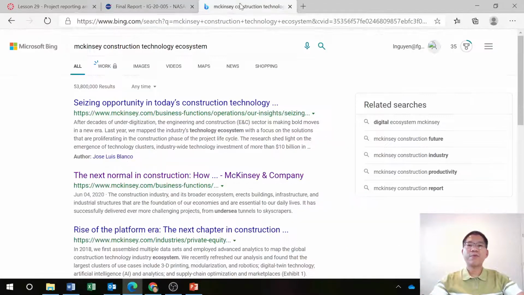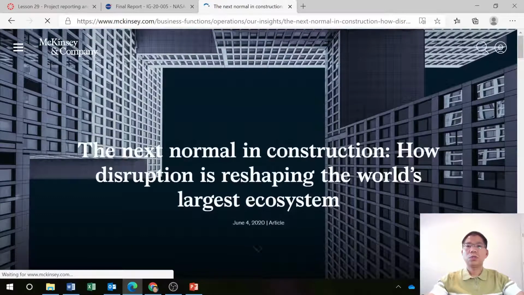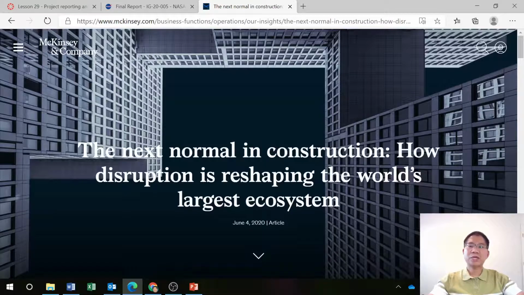And then moving forward, I also showed McKinsey, a good consulting company, and the construction technology ecosystem. I say construction technology, but it applies to any planning and engineering work involved in a capital constructed facility. If you search that in Google, you see The Next Normal in Construction: How Disruption Is Reshaping the World's Largest Ecosystem.